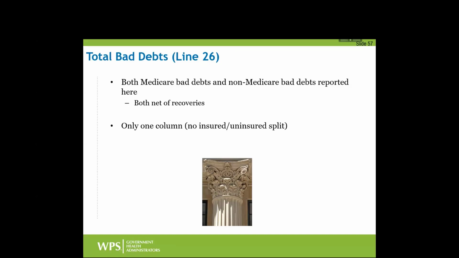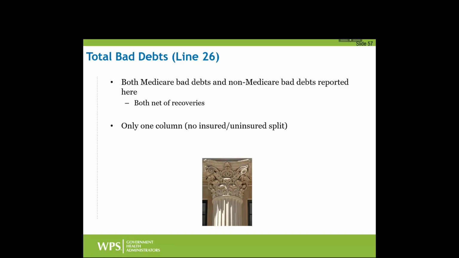What currently happens is that all non-Medicare bad debts are subject to the cost to charge ratio, even though arguably some of those might have been some other insurance company, and therefore a co-insurance or deductible. The response from CMS in the Federal Register is basically that while this might be a weakness in the logic, it's applied across the board to every provider, and it's kind of a zero-sum game where the total pool is there. So if everybody has to follow that same rule, then the end result should approximately be the same anyways